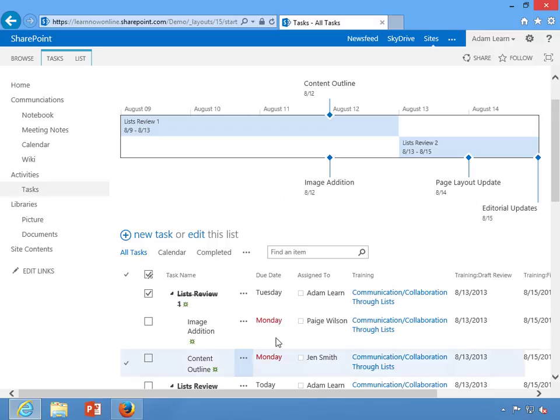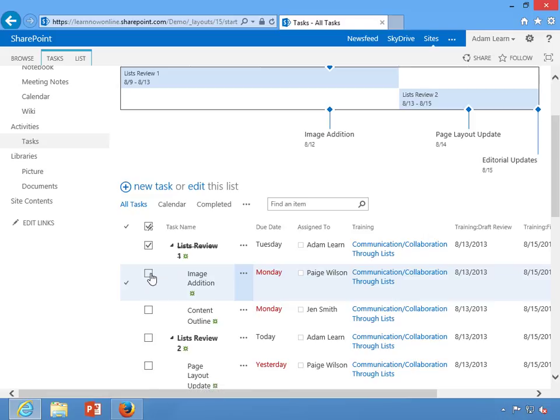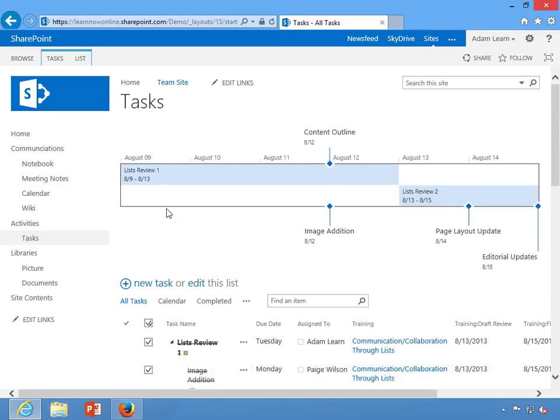Great. Another wonderful SharePoint 2013 add-on is this little button here that does a strike-through to say the item is completed. Maybe Paige forgot to say that this item was completed too. Let's just put that. You see the strike-through, and you see the color changes back to black instead of red. This is one great view to be able to see what's happening in your organization. But because we have so much going on,